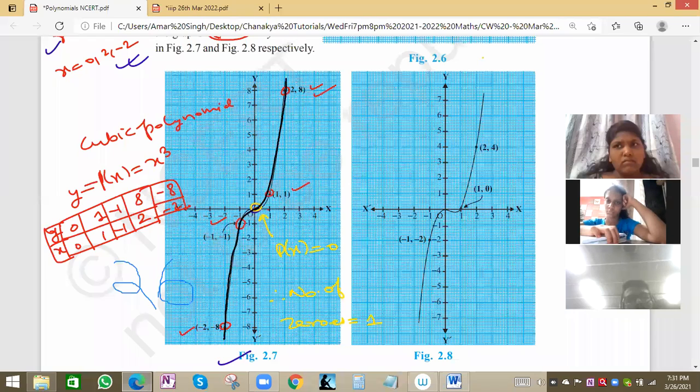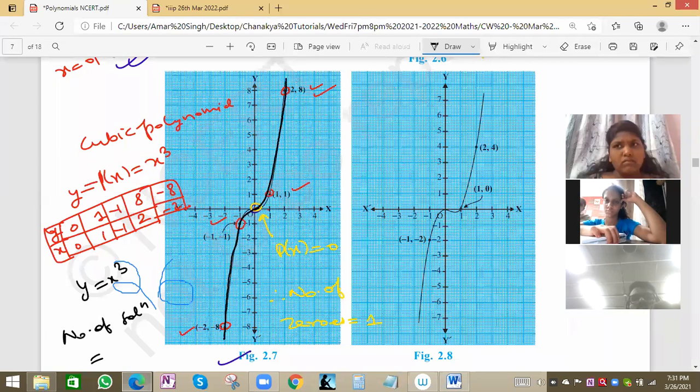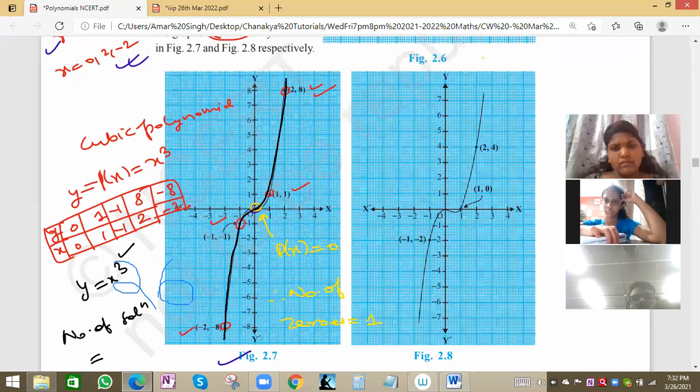So suppose y is x cube, and we have to write the number of zeros, which will be 1 in this case. But what are the values of zeros? See, zeros means, based on the graph only, we are writing based on how many places it is cutting the x-axis, but solutions will be 3. The number of zeros will be only one. The x cube is there, x cube is degree 3. So the number of solutions will be 3.